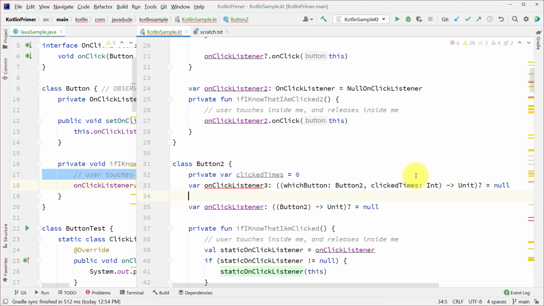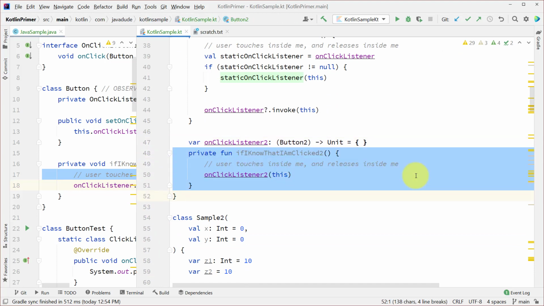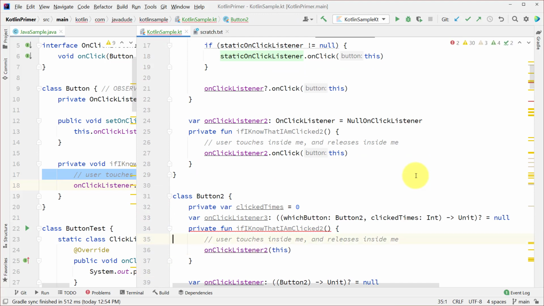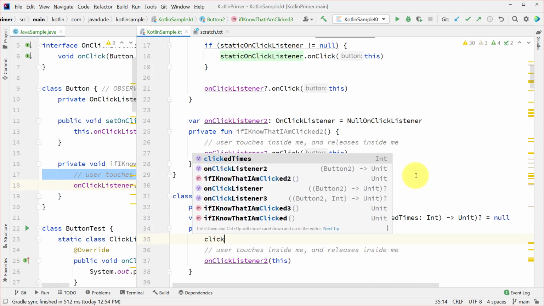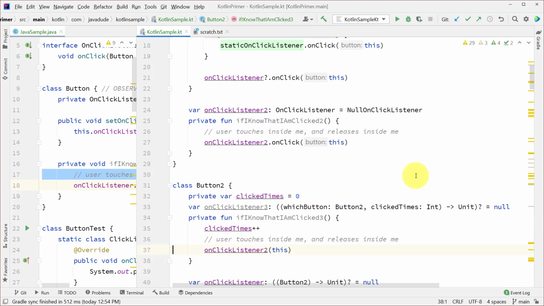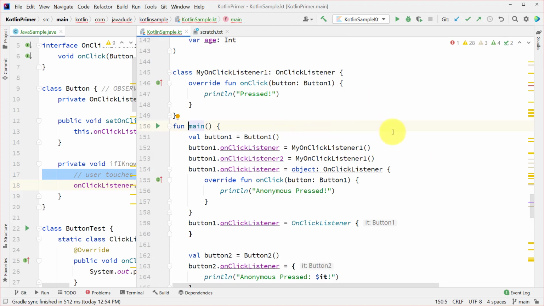Let's call this click listener 3. We could do something kind of like that where it takes in 2 arguments. And so maybe this one here, I probably should have put it down at the bottom, but I'll put it up here at the top. I know that I'm click 3. He's going to say clicked times plus plus just to increment it, and then pass him in as this and clicked times. And so now if I go back to my main,